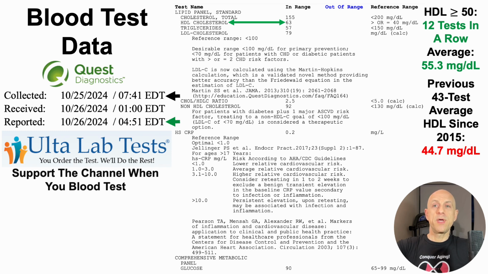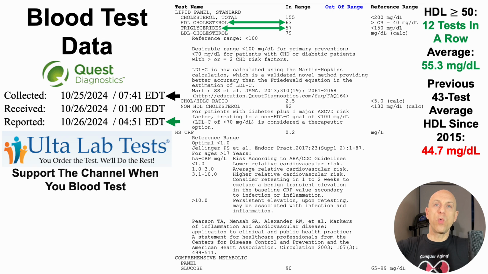And that's important because for the previous 43 tests since 2015, my average HDL was about 10 to 11 milligrams per deciliter lower, at 44.7. So I've been able to consistently keep HDL relatively higher and closer to that optimal range over the past around 2 years. Triglycerides improved test over test from 60s and 70s for the past couple of tests to 57, and